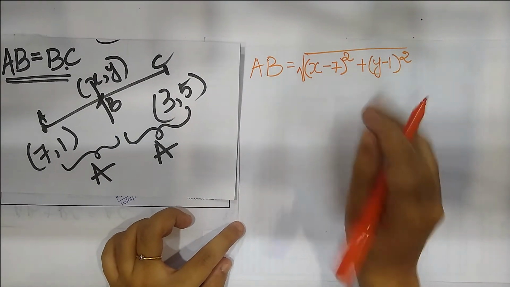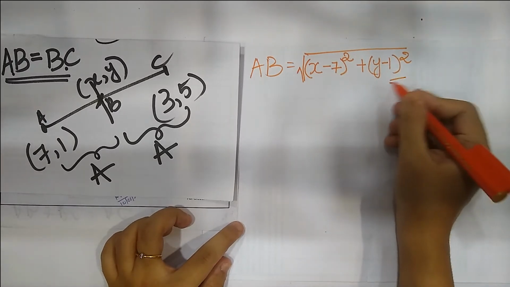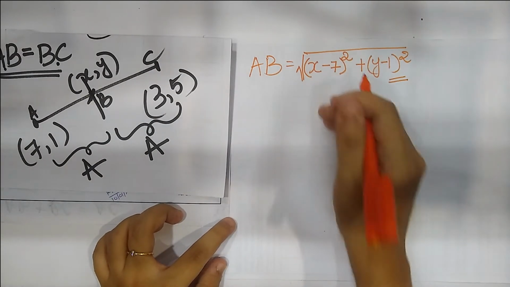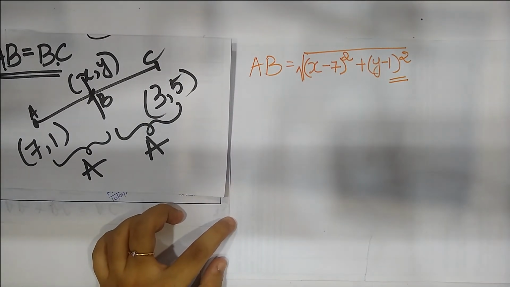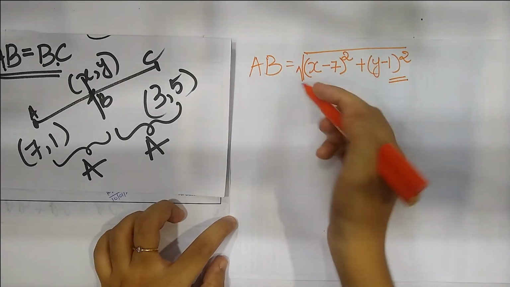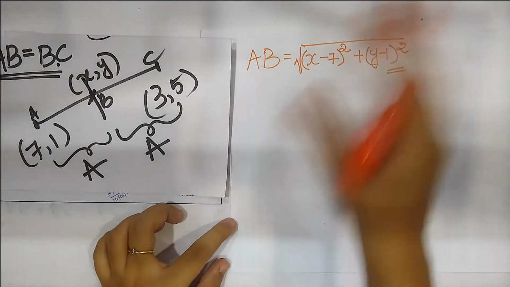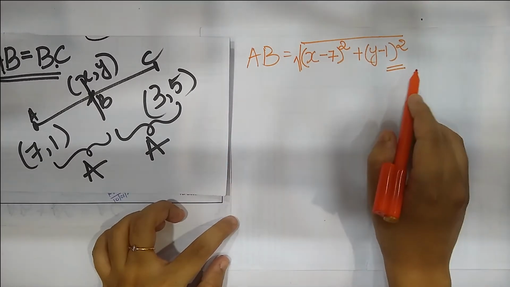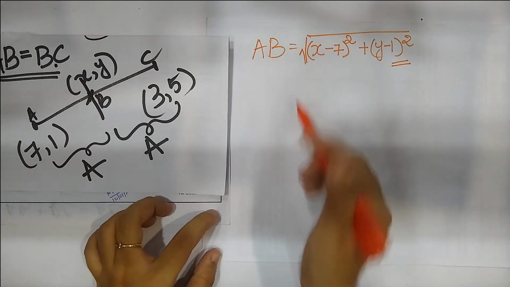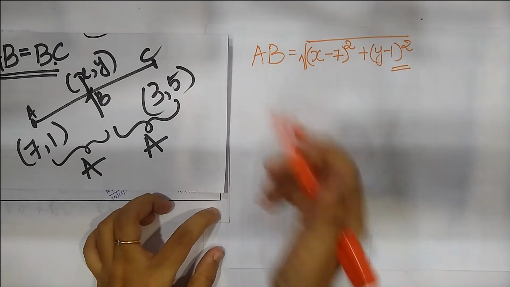You don't have to go any further. This is where you leave this. If you try to square it, it will just become difficult for you, because you'll have to use the formula of a plus b the whole square or a minus b the whole square and then do all of that. You can do that later. For now, just leave this at this point. So AB is equal to this. Next, BC.